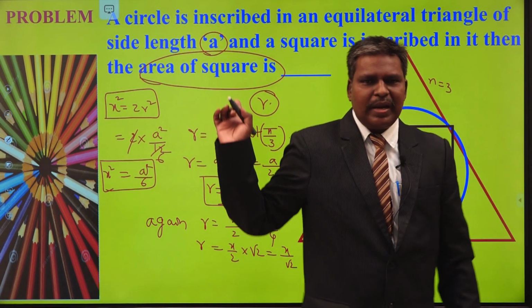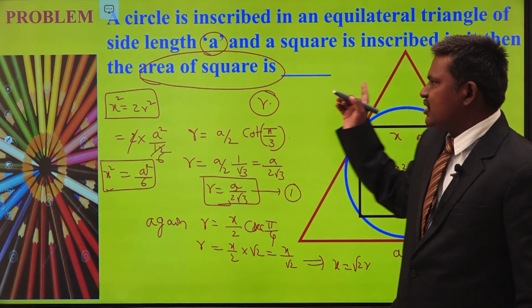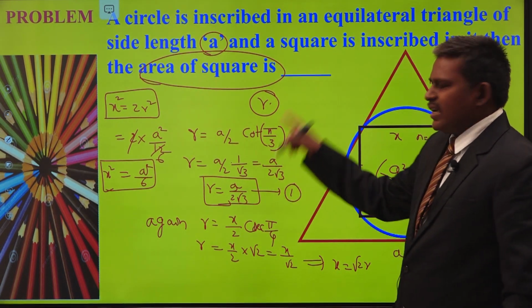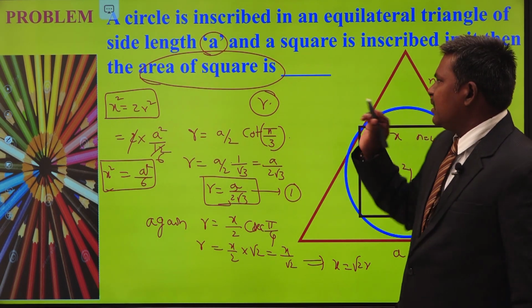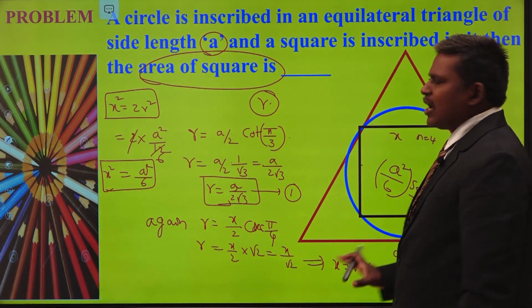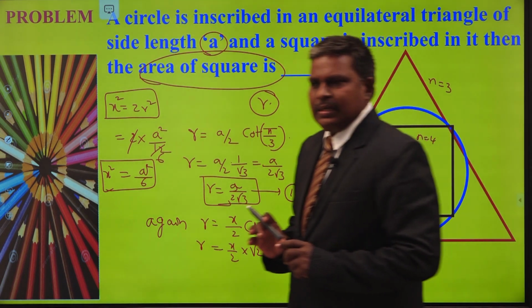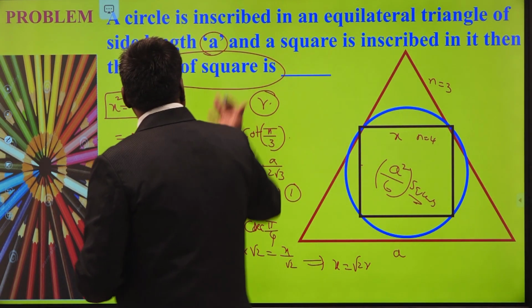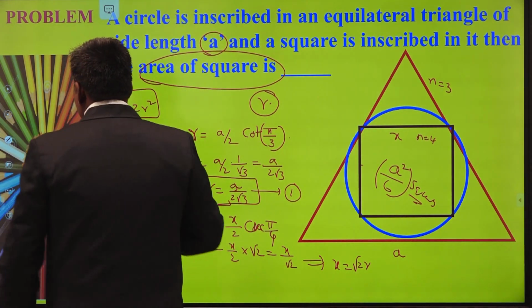So I have applied the two concepts we discussed just now. We obtained the area of the square. Understand? Without using any formula, we can manipulate the diagram itself and get the answer. How to get this one, let us see.